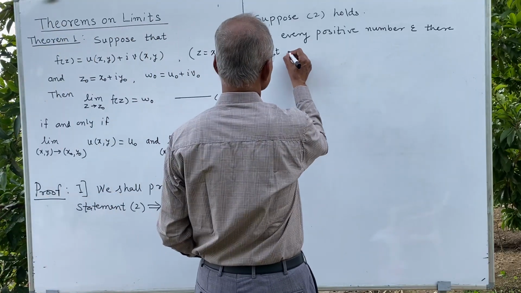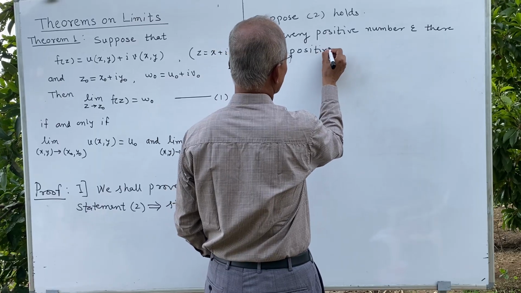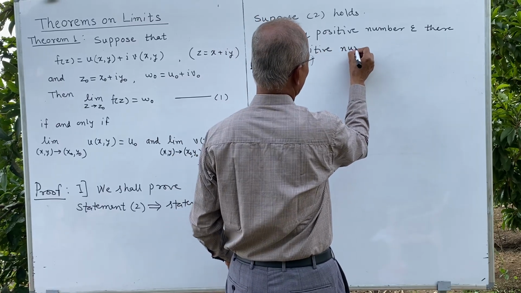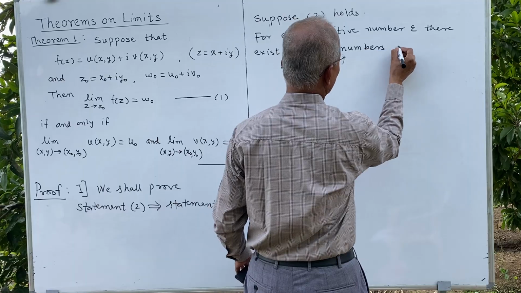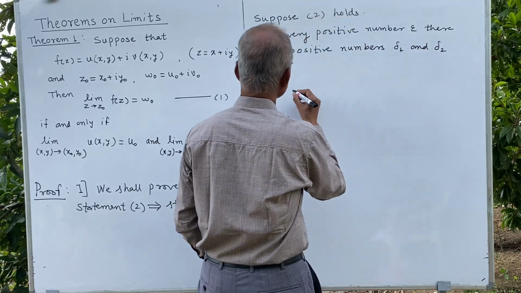There exist positive numbers delta 1 and delta 2 such that